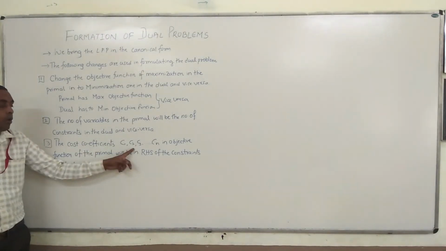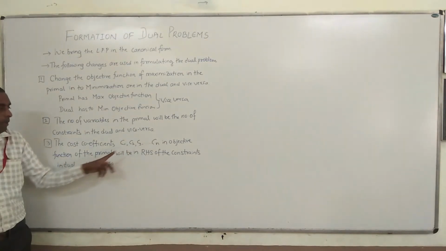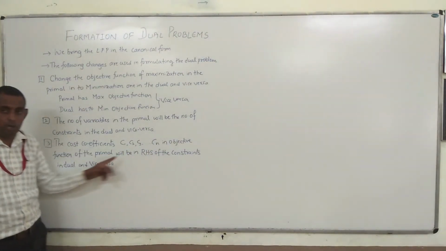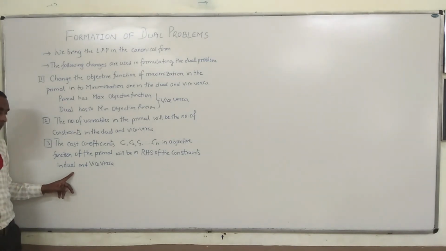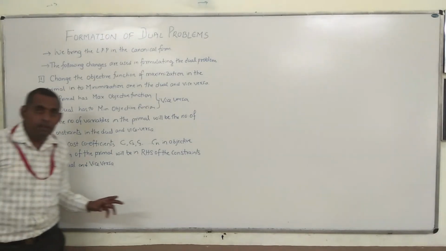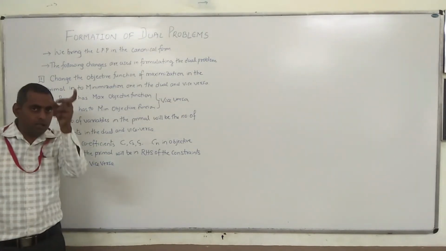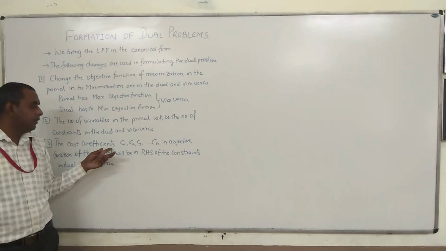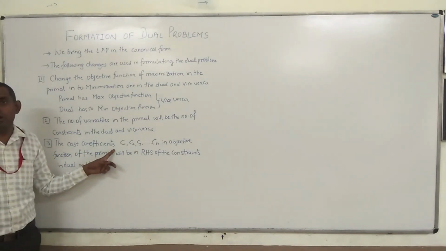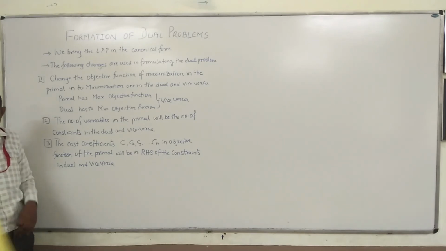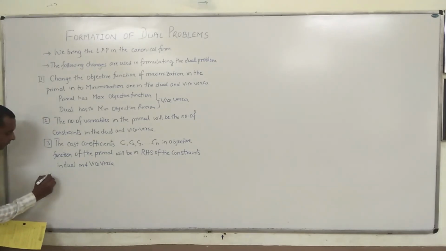The cost coefficients will become the right hand side of the constraints in the dual, whereas the right hand side of the primal constraints will become the cost coefficients of the objective function. Right? Then the fourth one,